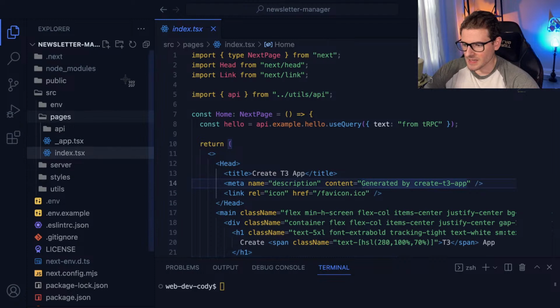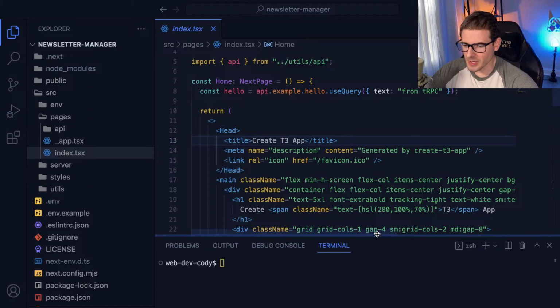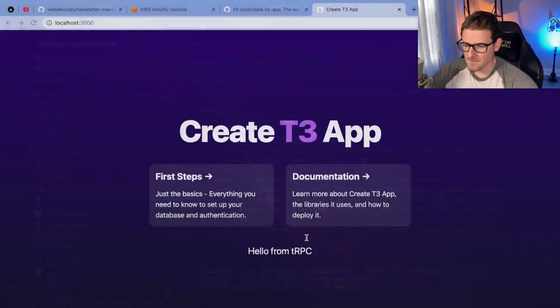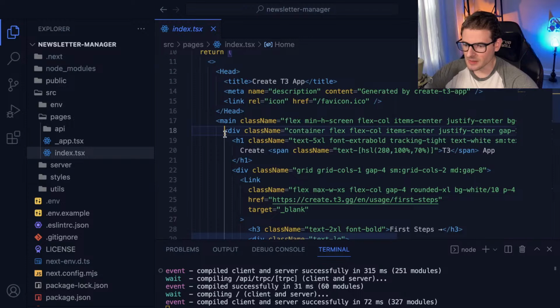I'm assuming the layout for the T3 stack stuff changes. Every time I create a new T3 app, the layout's completely different. All the files and directories are renamed and different. But usually it just works the same as it did before. So there's a little bit of a refresher every time I do this. Make sure the app's running because I think I closed it when I did the commit. And yeah, all right, so first thing, let's just go ahead and delete all this stuff.